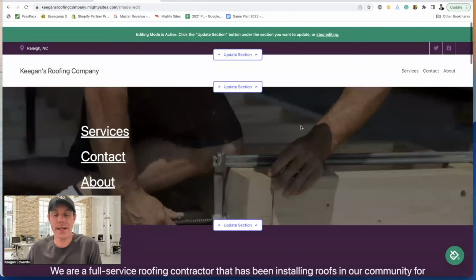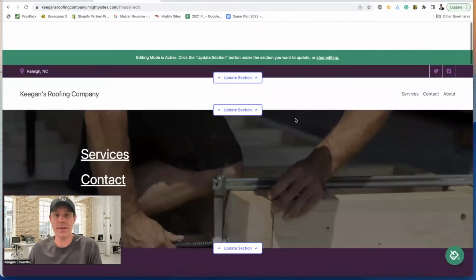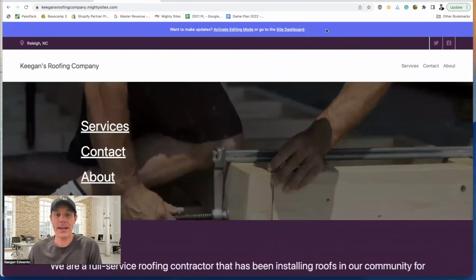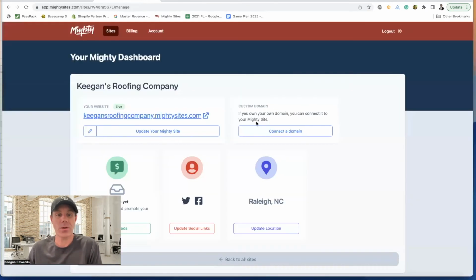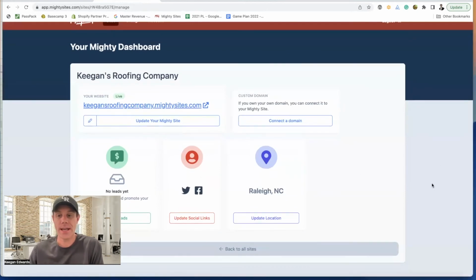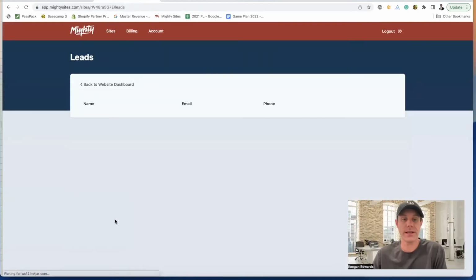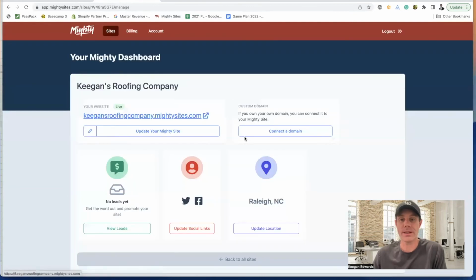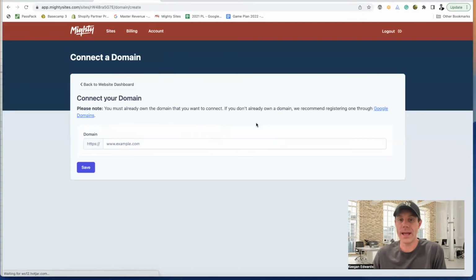And then once you're ready to go and the website's all set for you, go right here to stop editing and return to the site dashboard. And right here, like I mentioned, in this section, this is where you'll see your leads when they come through. You'll get name, email, phone number, and then you can click to see their message. You can connect a custom domain. So if you own